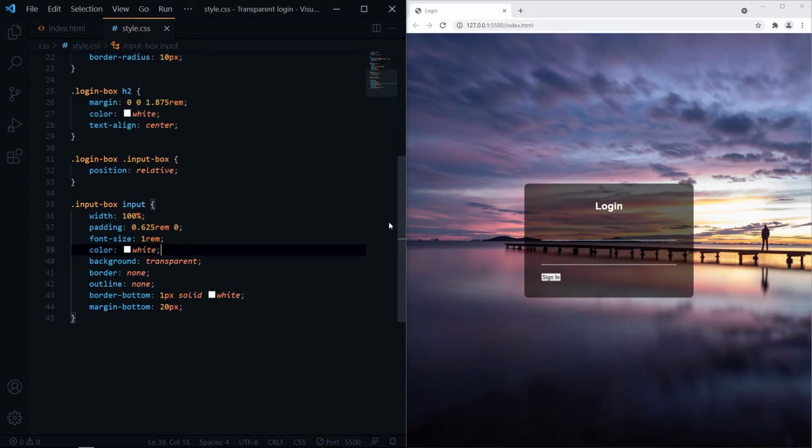And now for our label, we need to give position absolute. Start from top 0, left 0, give some padding, change the font color to white, and give transition property.